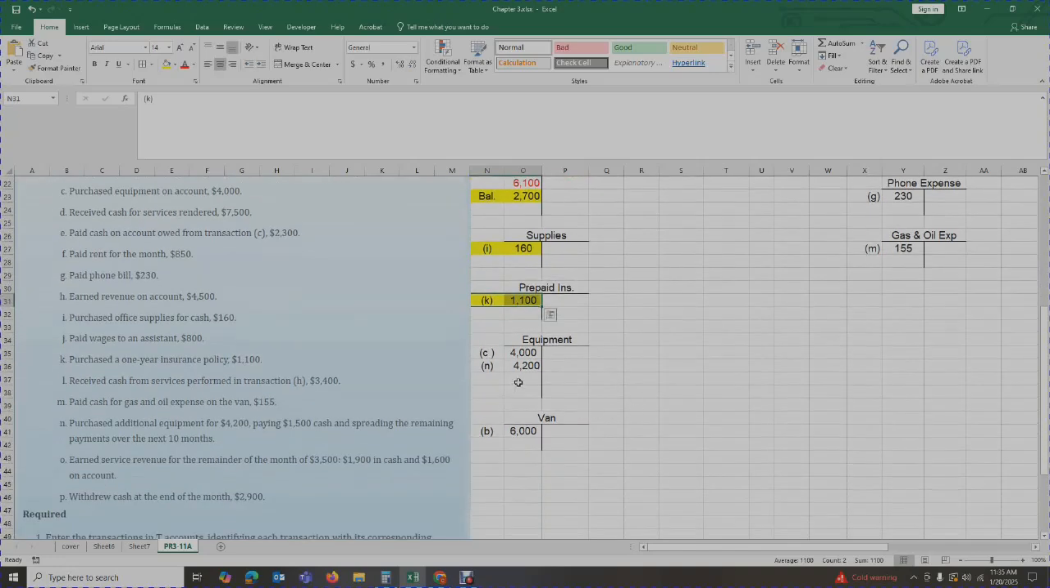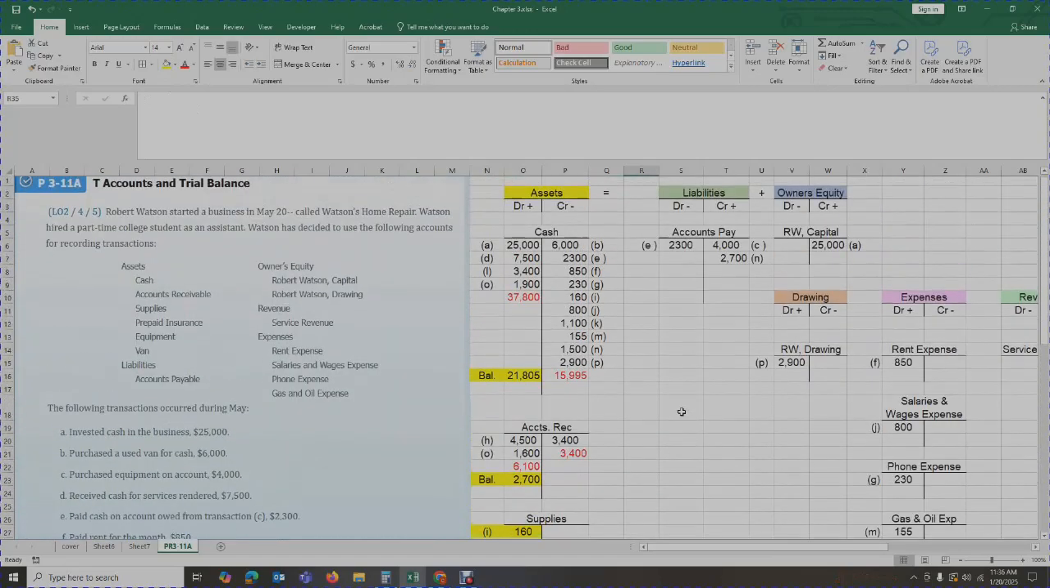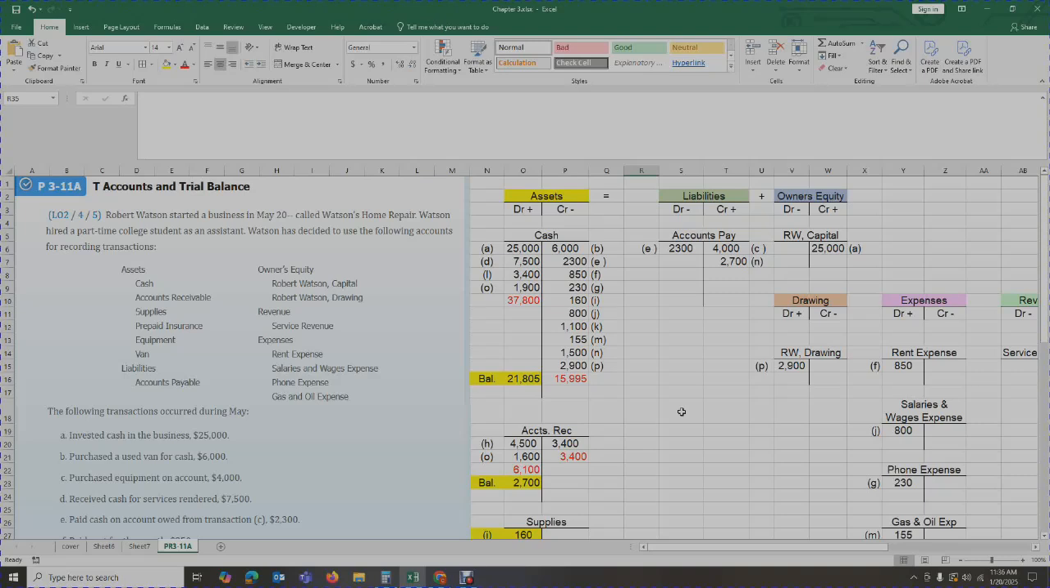For equipment, I don't have anything on the credit side, so I don't really have to foot it. My balance is the sum of these two. So for equipment, I've got a total of $8,200. Van, I only have one, so I don't have to do any footings. It's just the balance it is. I'm highlighting the ending balances because we're going to need that to prepare our trial balance. Now let's do our footings for